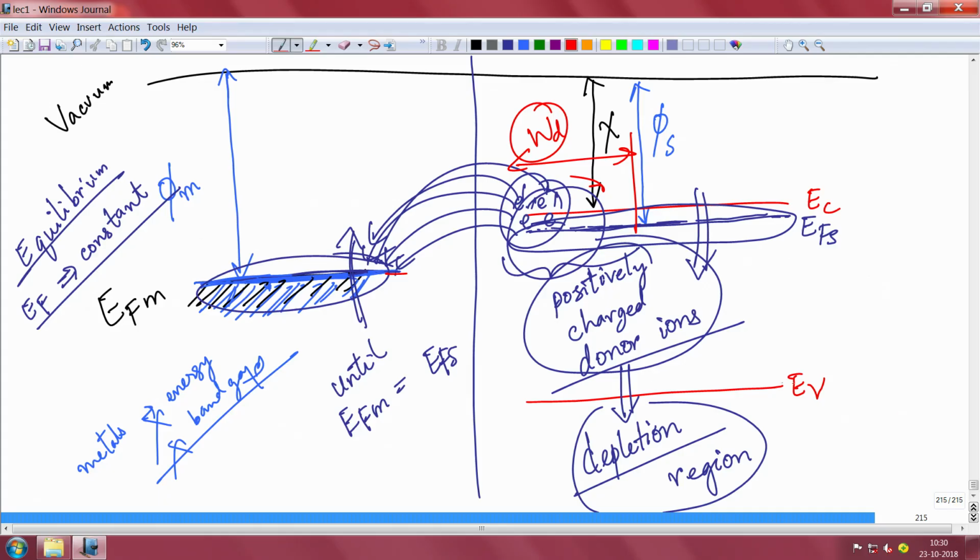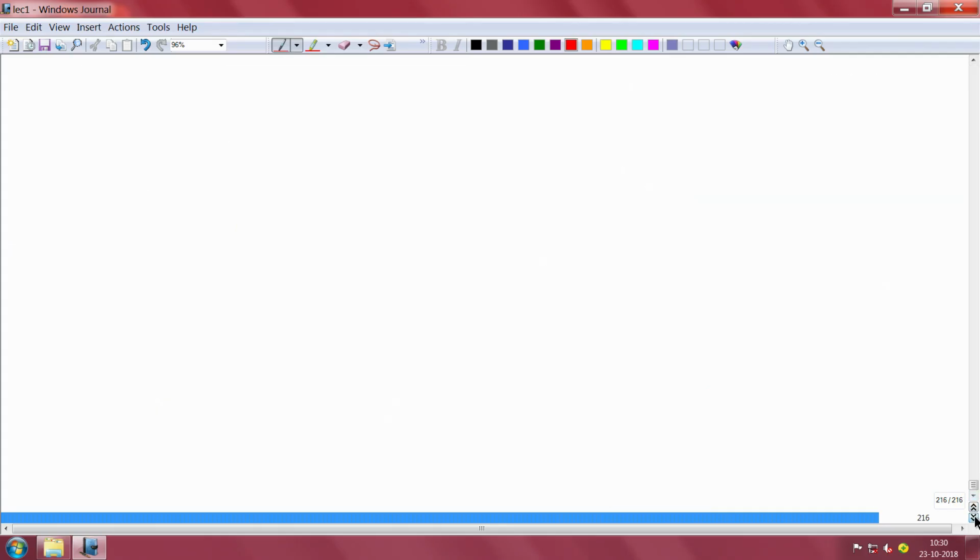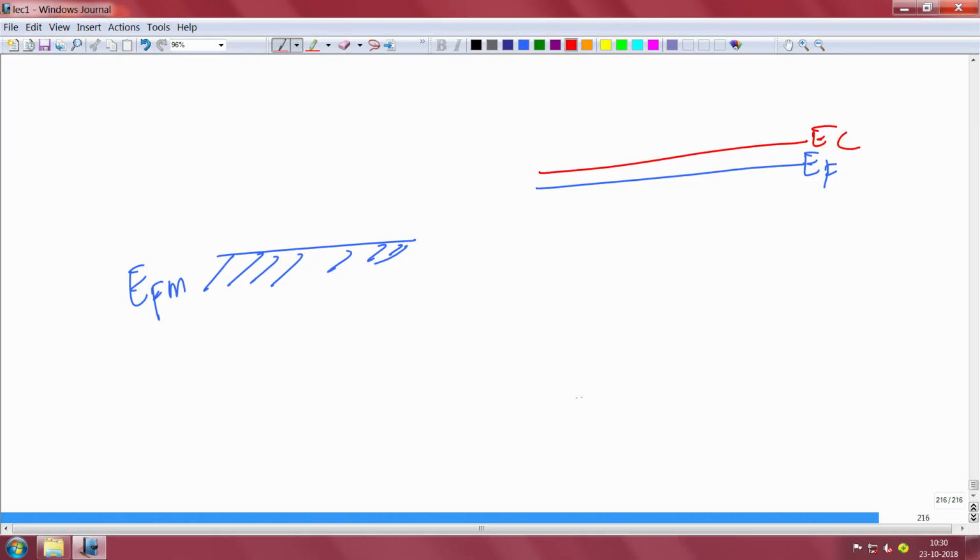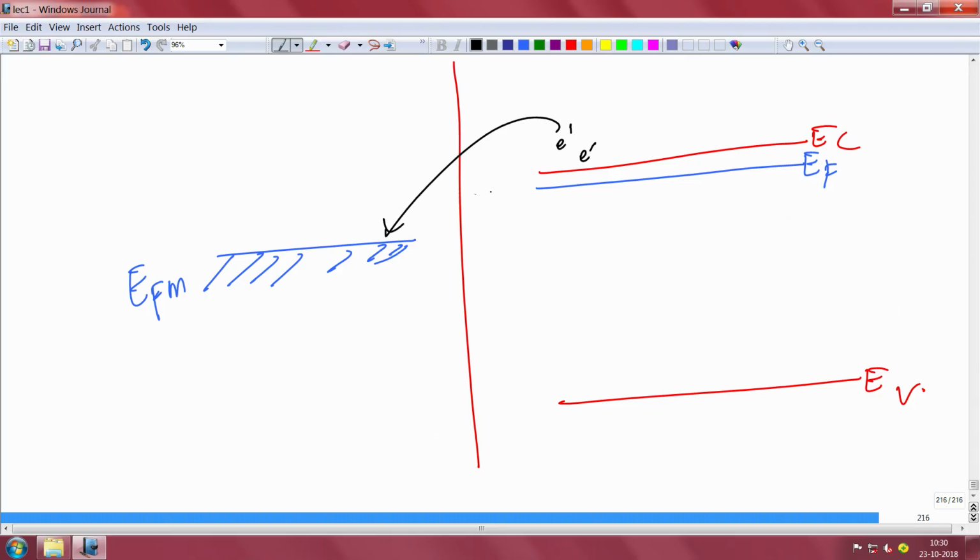So, how will it look, right? Let me draw it again. Suppose I have a Fermi level of the metal here. I am not drawing the vacuum level, I am just drawing the Fermi level of the metal here, and there is a Fermi level of the semiconductor here. Of course, there is a conduction band here, there is a valence band here. I am saying the joining, right. So, the electrons from here will come here and create depletion. So, how it will eventually look is that,